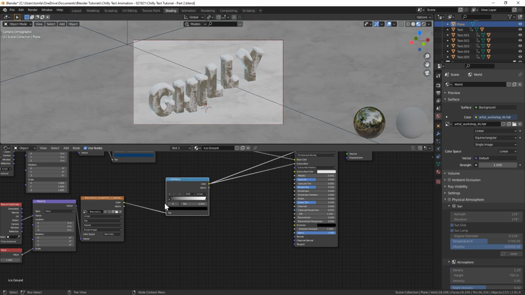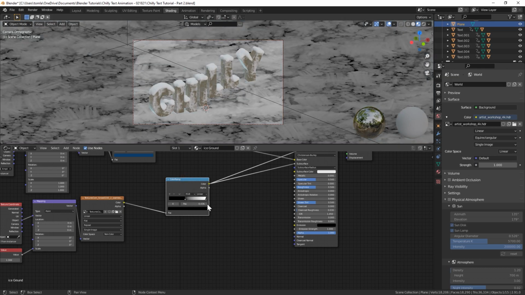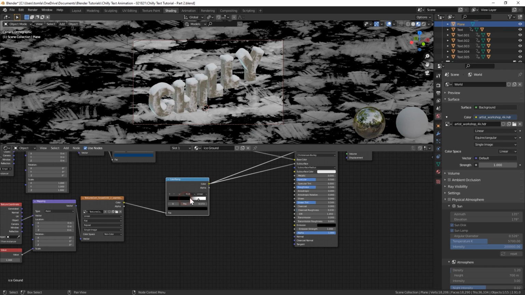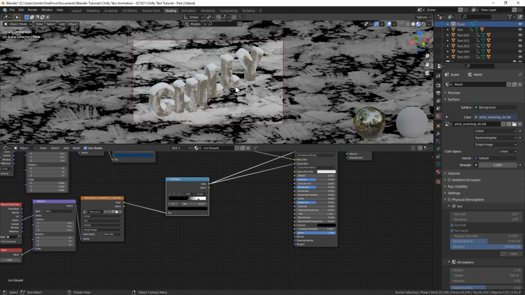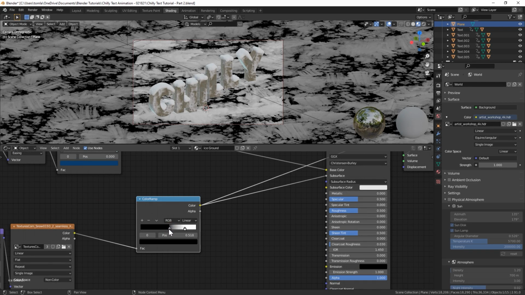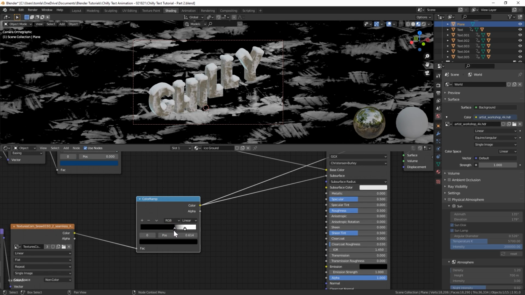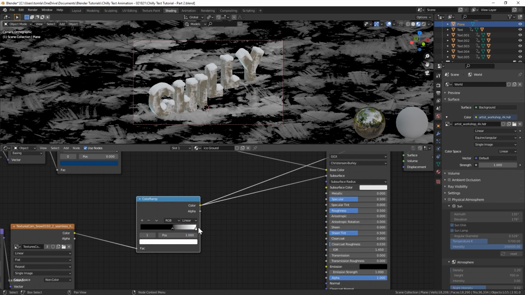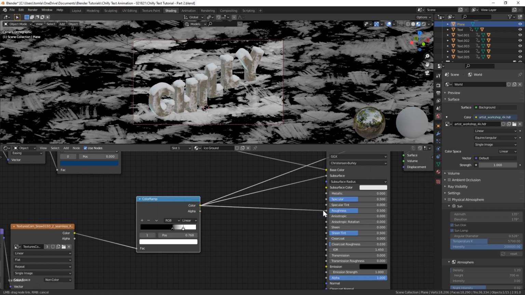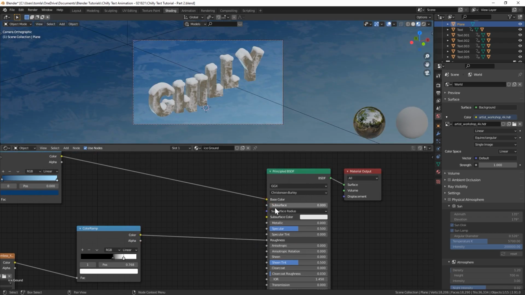So Control Shift click. I'm going to turn that up, bring up that contrast. And you can see I basically used this as a mask to add like a little snow layer on top of the ice, which we'll do in a second. But I'm going to bring that up a bit to bring in a lot of that black. This looks like a good point for now. And I'm just going to plug that directly into the roughness. Unplug that from the subsurf.